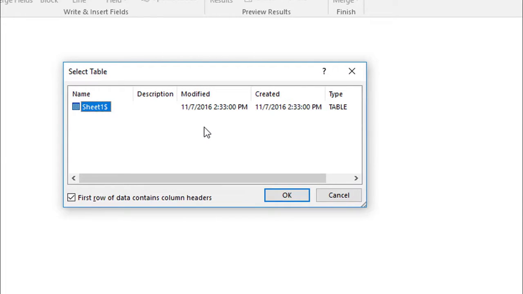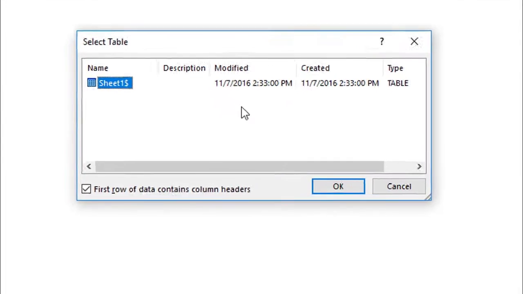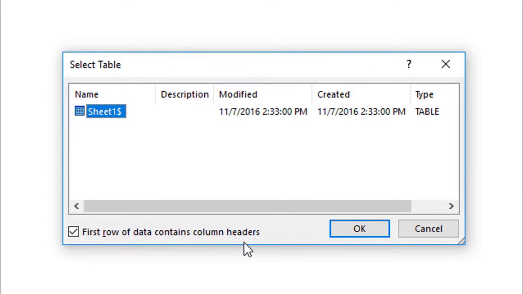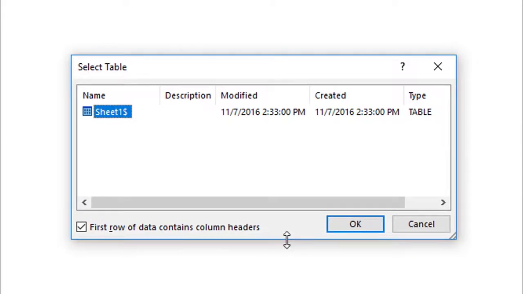But imagine if you had loads of sheets, you're trying to just get once you're comfortable with it. I would say to anyone, if we're having trouble with mail merges, the first most likely cause of the problem is multiple sheets in your spreadsheet. The other thing is, first row of data contains column headers. This is what I was saying to you earlier. So basically what this is going to do now is you're telling Word to extract the field names from the first row of the columns, right? So if I hit OK there,